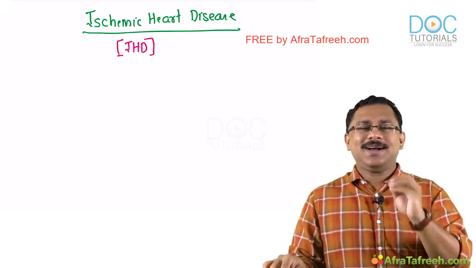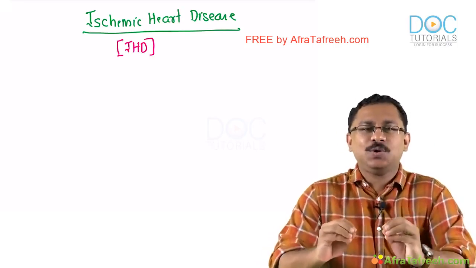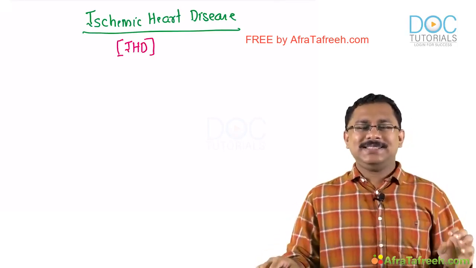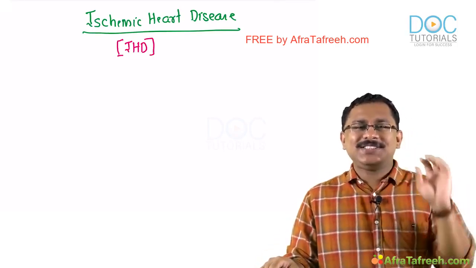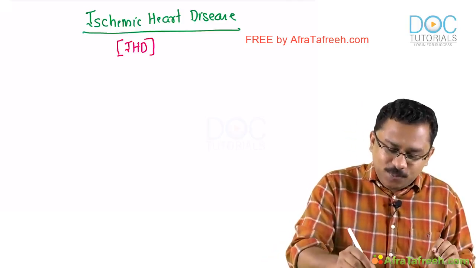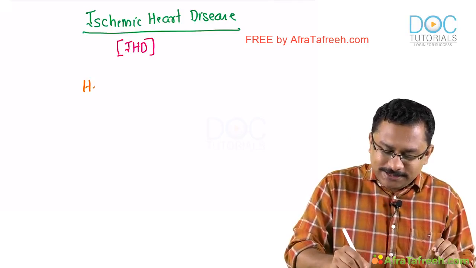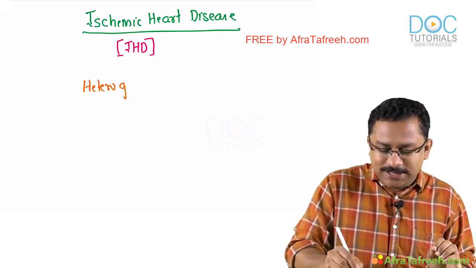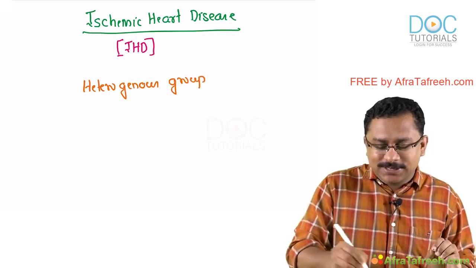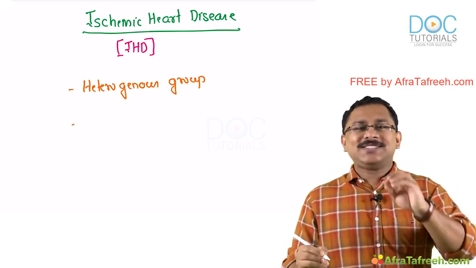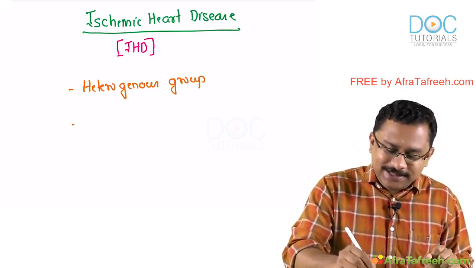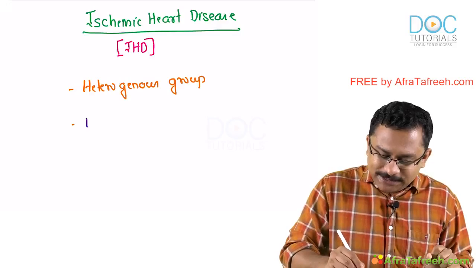First, let's try to understand what this term ischemic heart disease means. Is this a single disorder? No. This is in fact a heterogeneous group of disorders. Now, what is common in this heterogeneous group? What is common is that there is a mismatch